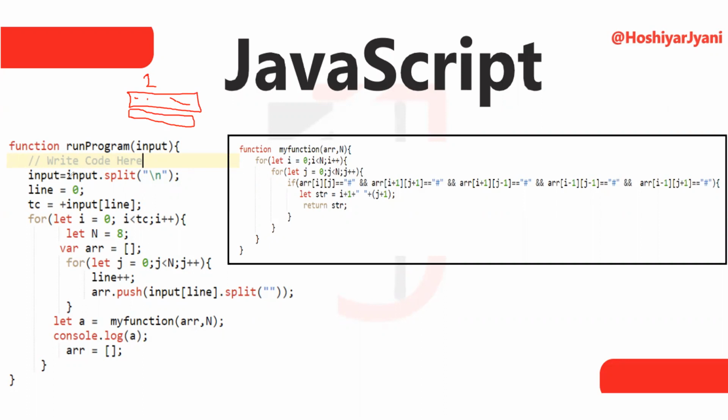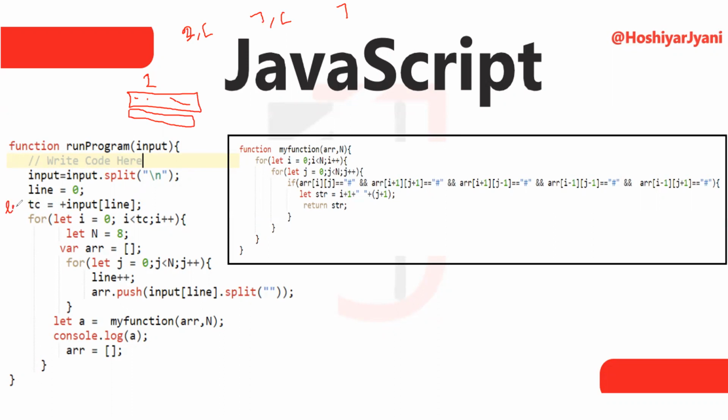So in this, first of all, I am splitting the whole input with the help of the new lines. So all these lines come in the array form, like 2, then the first string, then the second string. They come like this. So first of all, at the zeroth position we get the 2. So this is our test case.